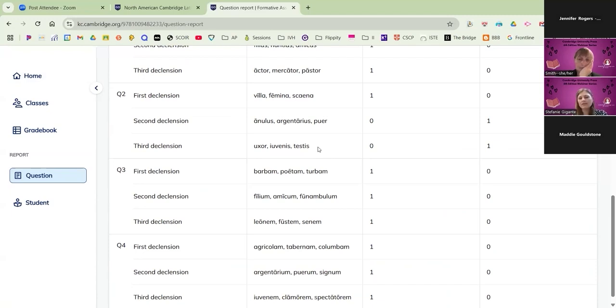So now you can go to your next class, or the next day's class as it is, and you can start to focus and say, okay, here we have this word, and it was very frequently mistakenly assigned. So, can someone help us to figure out a mnemonic device to remember which declension it goes in, or some other teaching tool that you could use to inform your instruction and to practice it, and to give students an opportunity to master it.